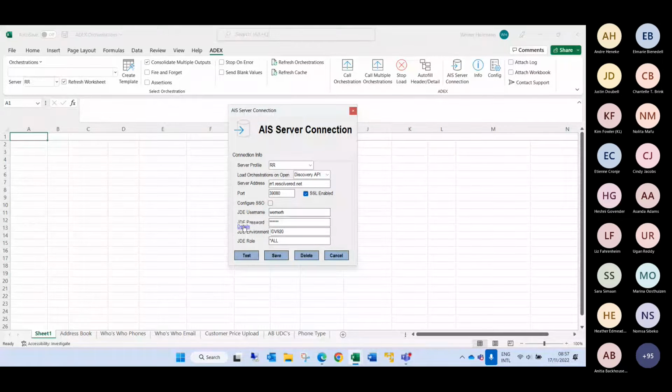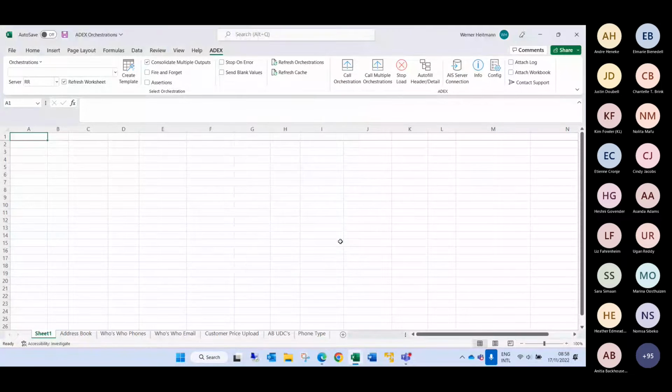The test connects successfully, and then you save your connection. I've already saved my connection, so I don't need to do that again. Then moving across, we've got refresh orchestrations and clearing cache, and then to the left-hand side,